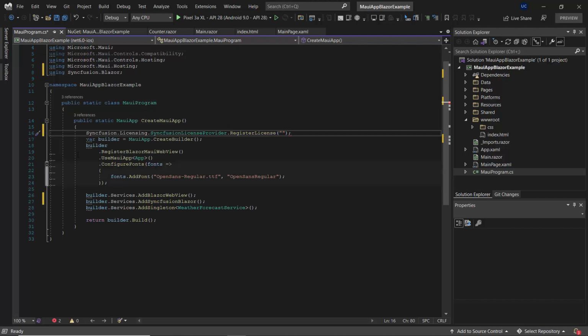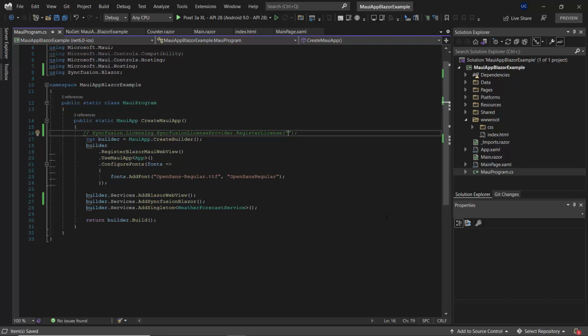I'm not going to use any of the license key or any trial key now, so I'm simply commenting this line. But in case you have the license key with you, then you need to make use of this line of code with your trial code inside this double quotes.